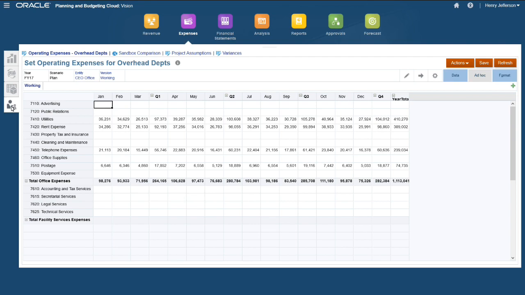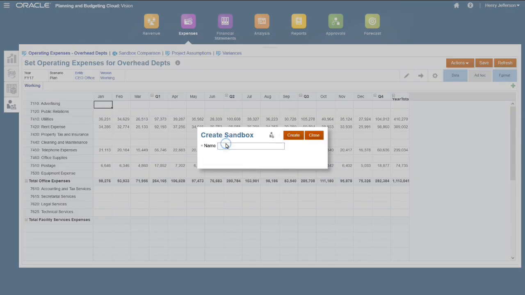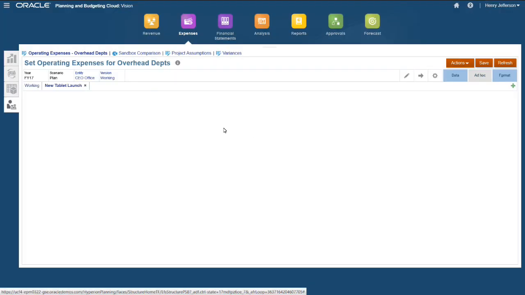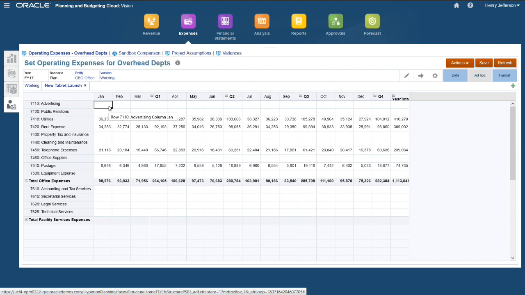We also have the ability to create some sandboxes in PBCS so we can create some what-if scenarios. We'll call this one new tablet launch. In our sandbox, we're able to enter various assumptions to support our sandbox environment. Once we save, the system will automatically update,